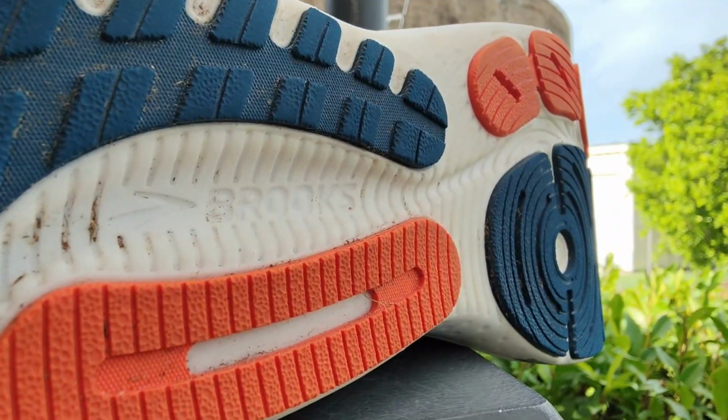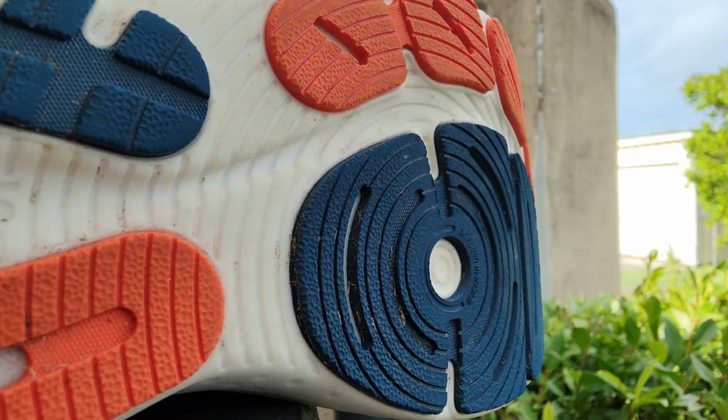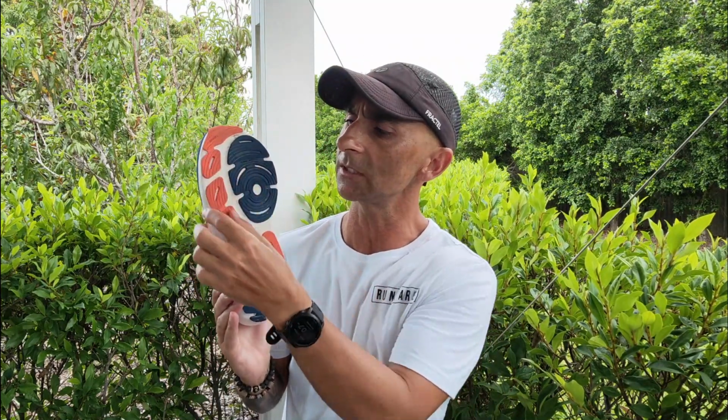Right, so in the outsole here, we have got a fair amount of rubber coverage, and that's what you'd expect on a highly durable daily trainer. However, they've done some great changes with the outsole rubber on the 21 from the previous version. What they've done here is they've actually just got the rubber in segments. So you can see that